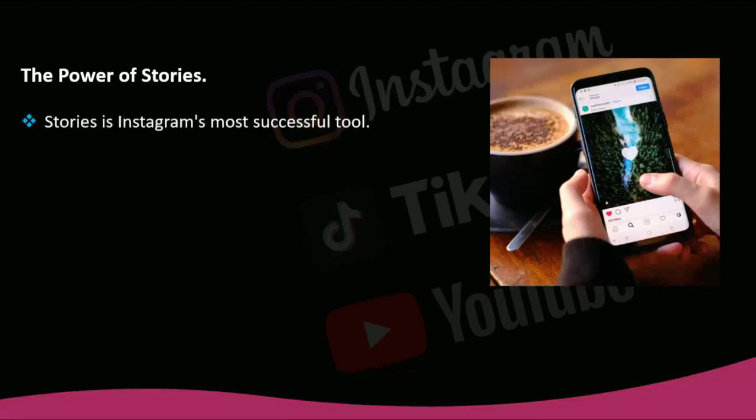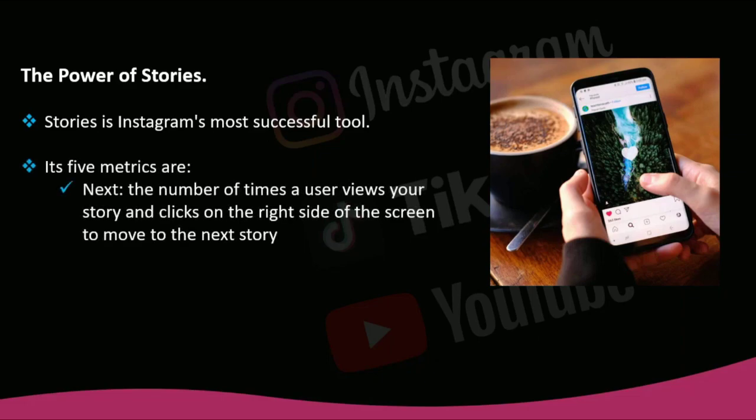The power of stories. Stories is Instagram's most successful tool since it came out into the world. It also has metrics that can help you know if the stories you share are appealing and being well received by your fans. So, its five metrics are: